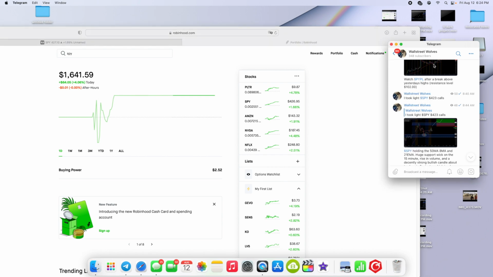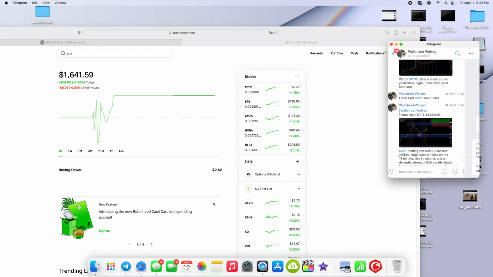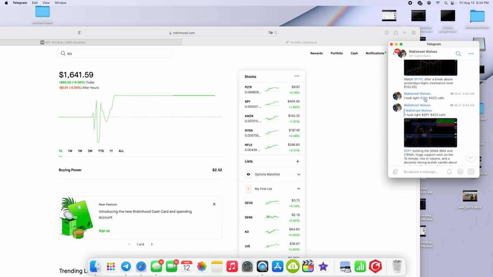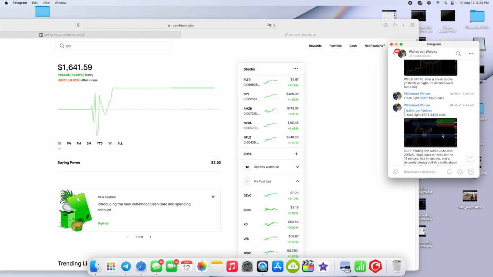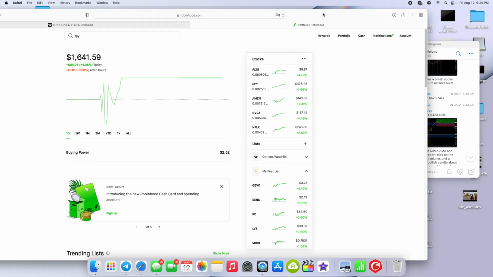Over this Telegram thing real quick. I'm gonna show you what some of this terminology that we used earlier today means. So right here, we're gonna start with the 8:40 a.m. alert. I took SPY calls, right? SPY 423 calls. So when you see calls and puts, you think of options trading, and for that,